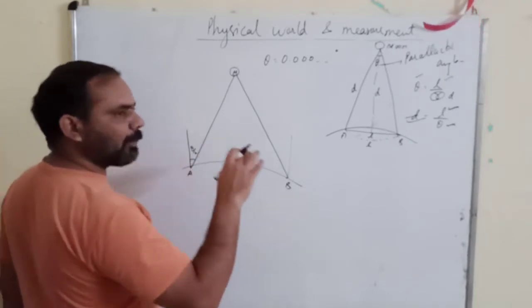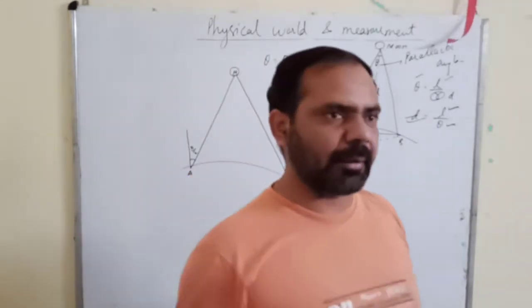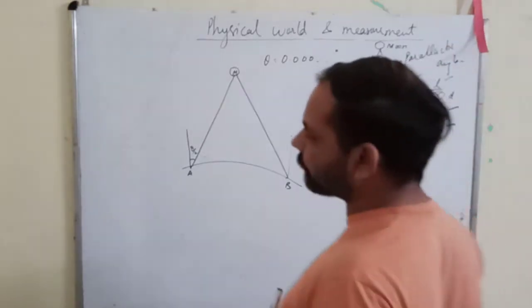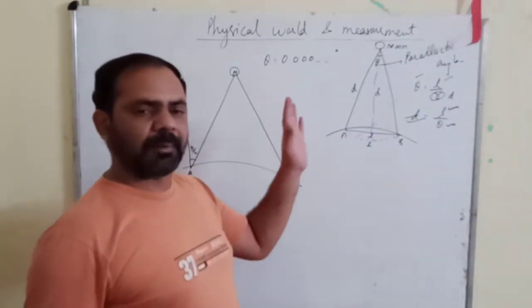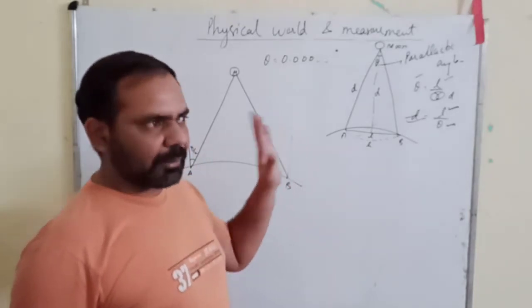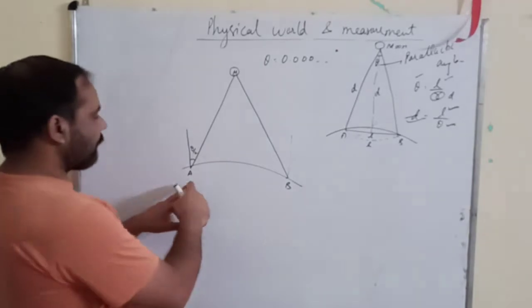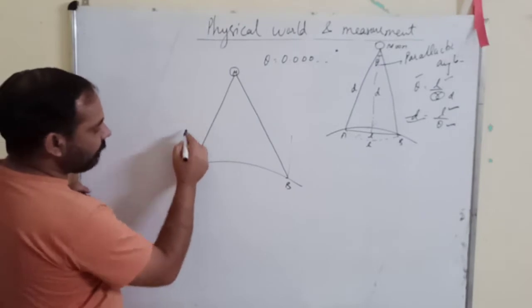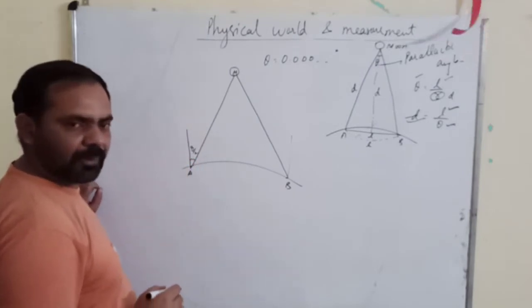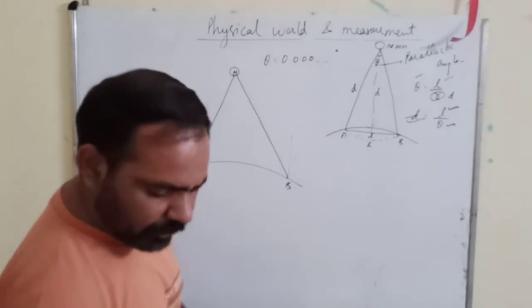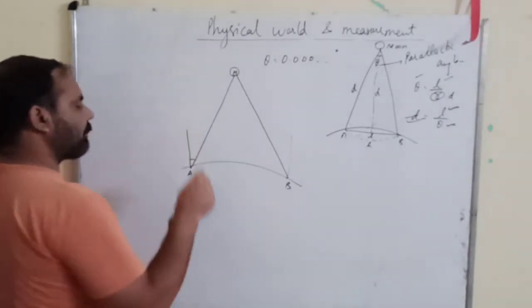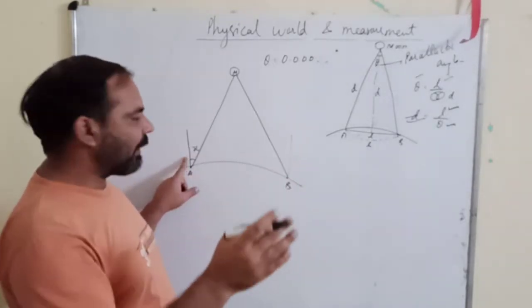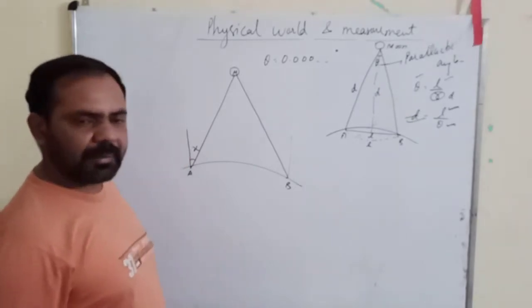From A, with the help of a clinometer. Have you seen a clinometer in mathematics? You must have gone through that. The clinometer is a device which is used to measure the angles of depression and elevation in trigonometry. With the help of the clinometer, you can look at the moon from the place A and find out the angle made by the clinometer with the vertical. Suppose it is theta by 2, or no need to take it as theta by 2, you can take any value. Suppose it is x. You measured the angle made by the clinometer with the vertical, and let us suppose that angle is x.